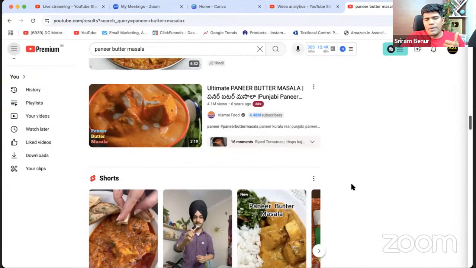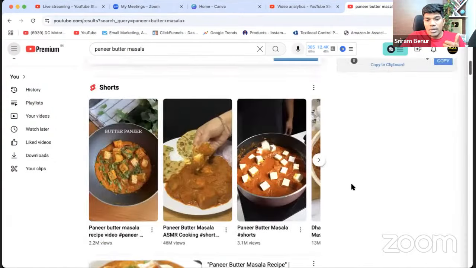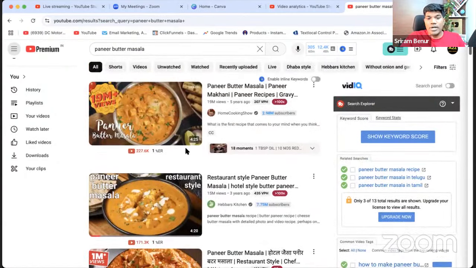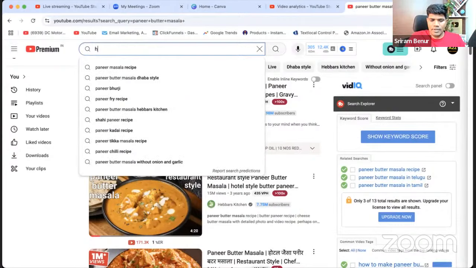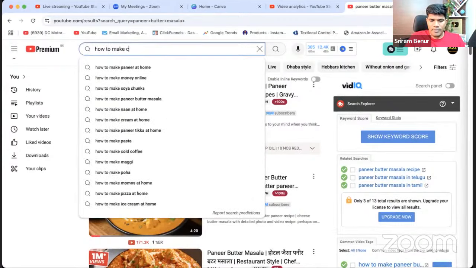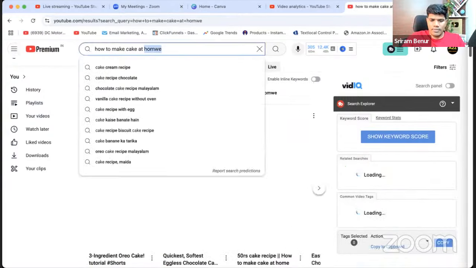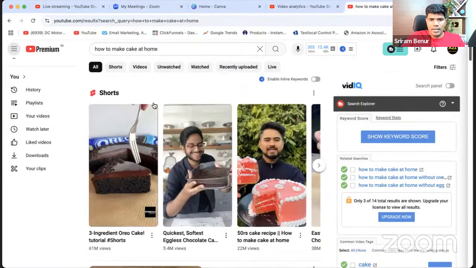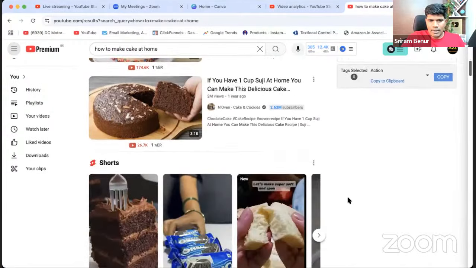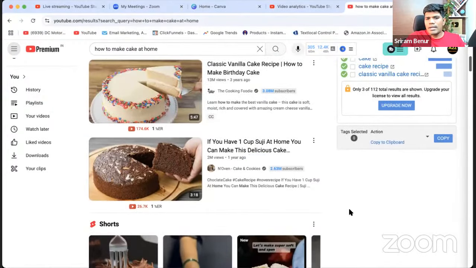Now, for cooking videos, say, for example, if you say it as "in 10 minutes only," or you say it as "restaurant style," you see this restaurant style, this can grab more attention. Restaurant style in 10 minutes, only 5 ingredients. Okay. So let me see if I can give some more examples. How to make cake at home. Okay. Let's see this. Again, if you see cooking, the major highlight is the way the recipe looks.